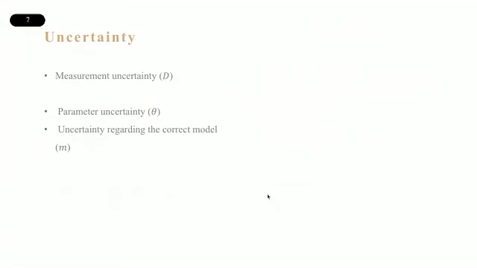And this uncertainty comes in many forms. For example, we have uncertainty when we measure the data, the Y's that we observe. We have uncertainty about the values of the parameters. In the previous example, the parameters were the coefficients of the linear regression. But we also have uncertainty about the model that we chose itself. Are we sure that this is a linear regression model? Maybe it's a logistic regression model. How can we be sure? So we need to introduce this uncertainty, because only then is my model more flexible.